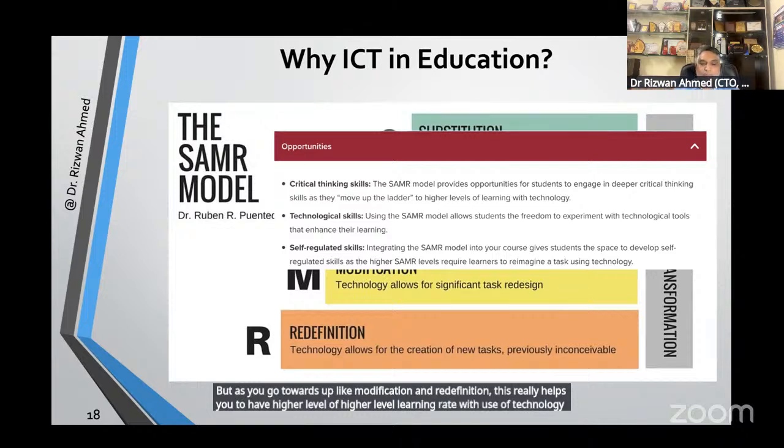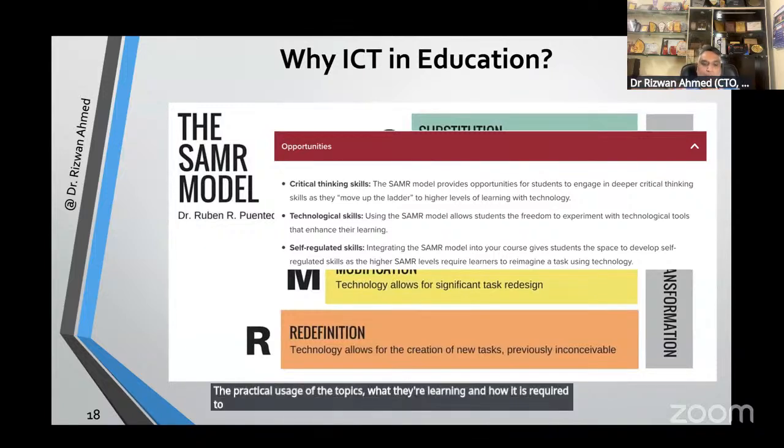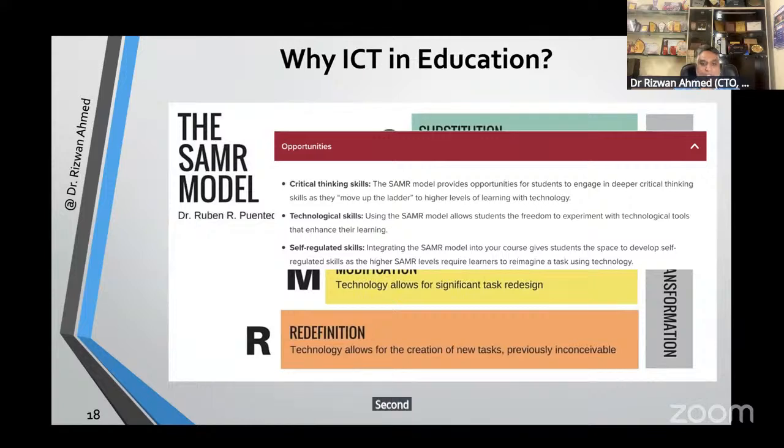That really helps students develop critical thinking skills, which is very important considering the practical usage of the topics they are learning and how they are required to be used in industry or practical scenarios. The second opportunity is technological skills, because if you use the SAMR model, this gives students the freedom